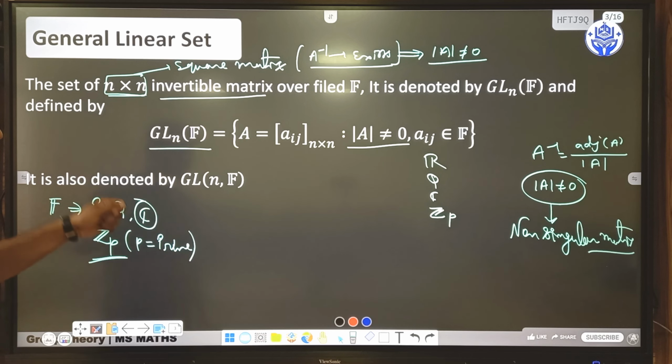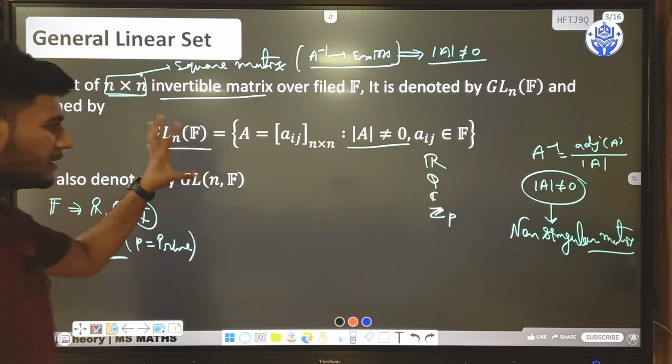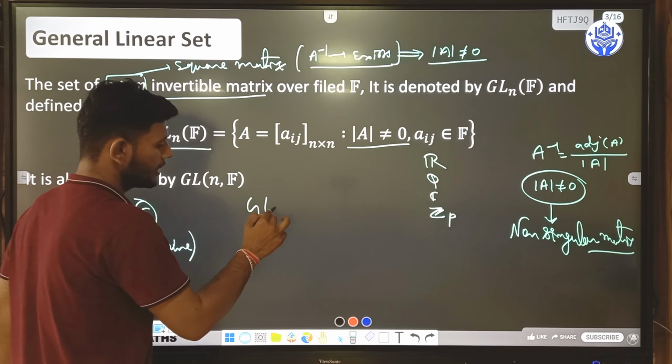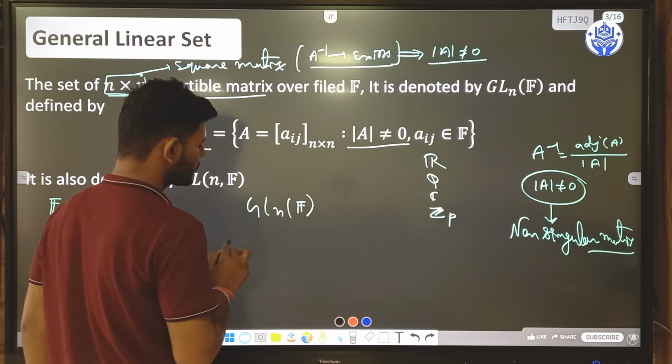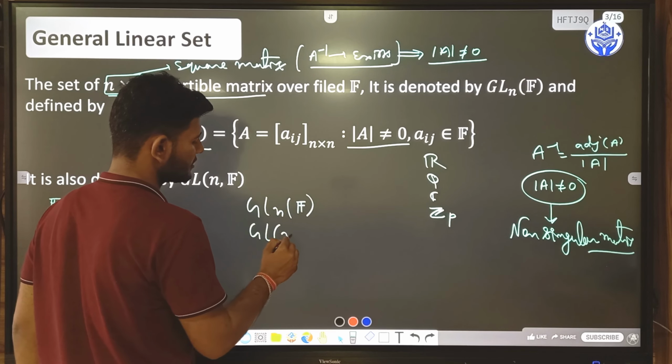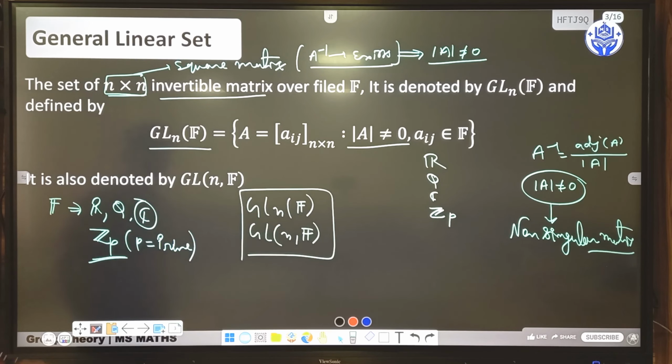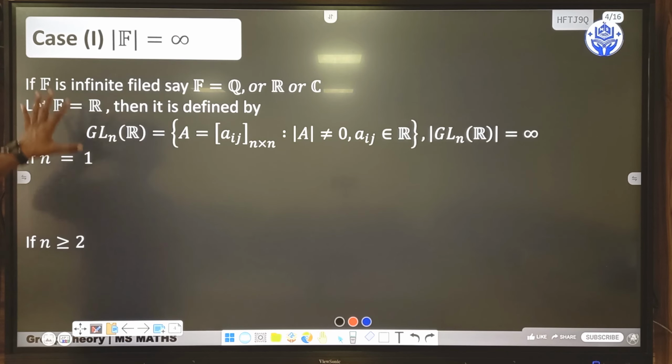So this is your field, and this is the definition of the general linear group, and we denote it as GL_n(F), and also as G_n(F). These are two ways to denote this set. Next we have